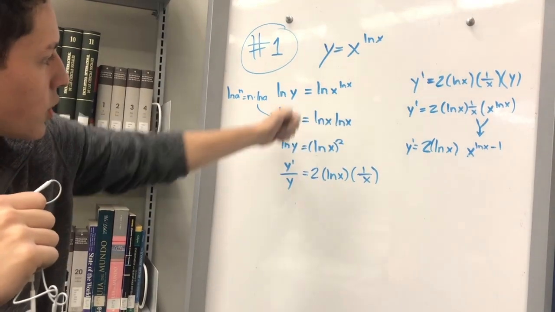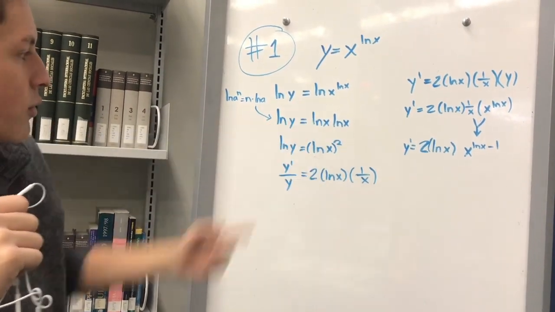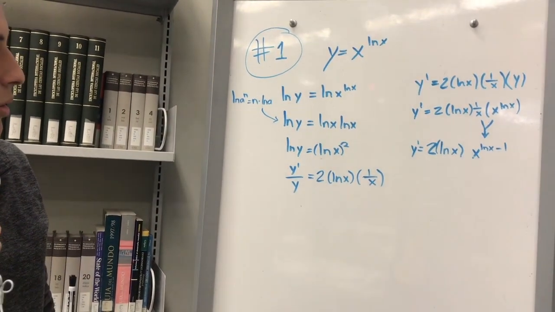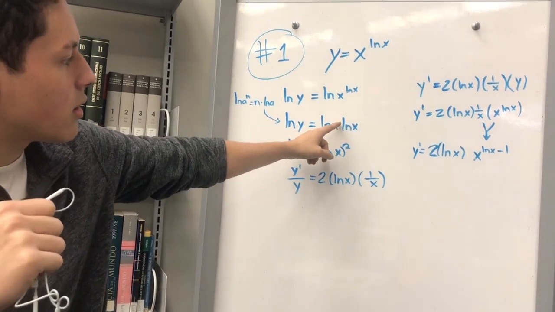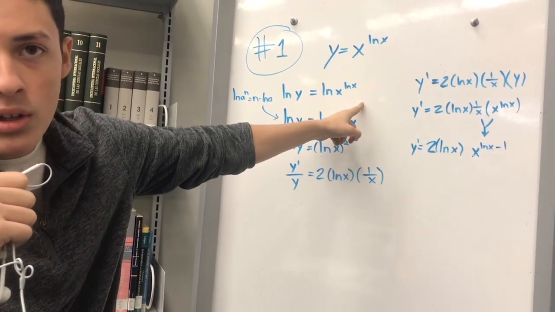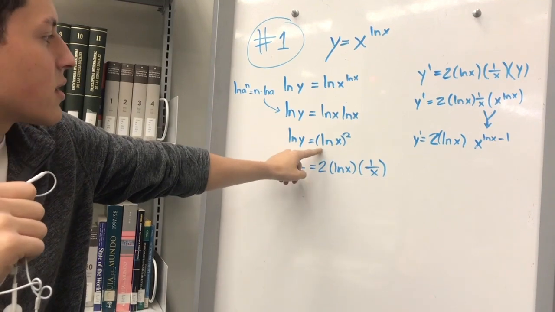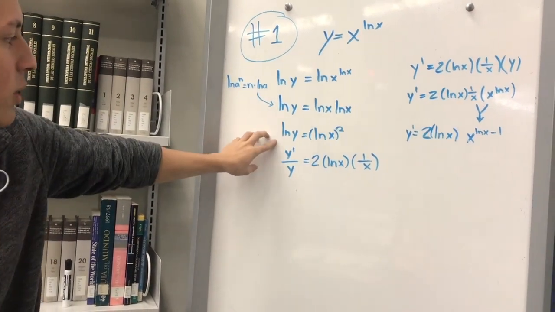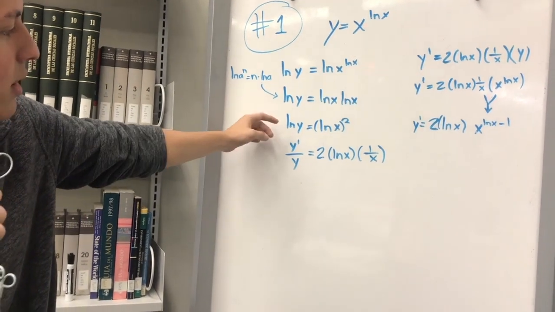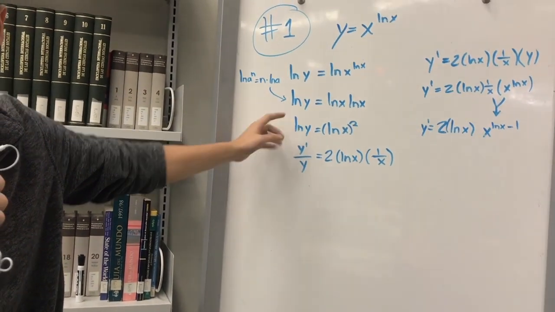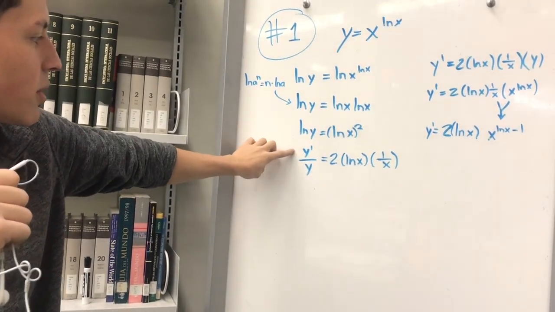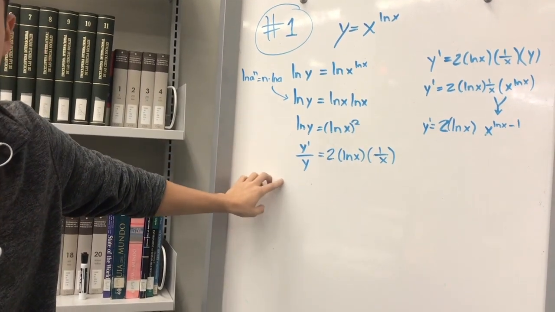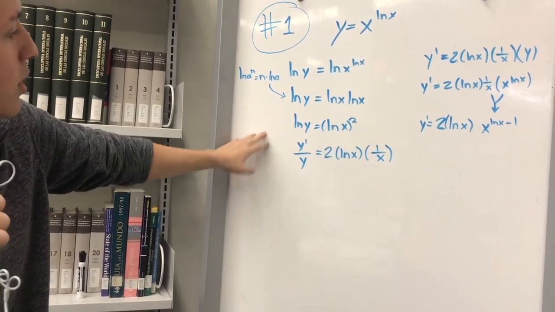So here, this is what we do. Okay, we use that rule. So now, imagine we have an exponent of 1 in both. So we add them, and it's natural log of x to the second power. Okay, and now we derive the natural log of y, which is derivative of y divided by y,